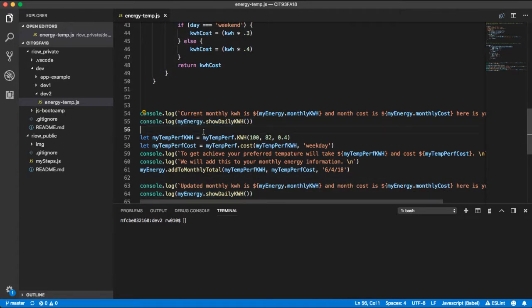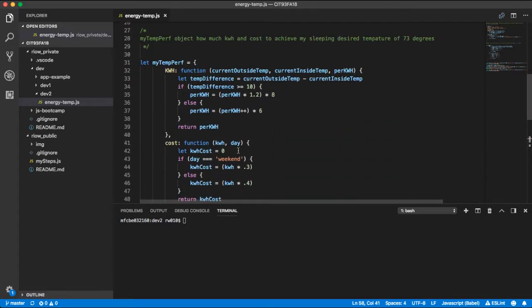So this is where I'm iterating over. And then I set up my temperature preference kilowatt based on the temperature outside, temperature inside, and a factor, a kilowatt factor. And then I determine a cost based on passing. And again, this is no different than what I did last time, except I changed the names to make them a little simpler. So once I got that kilowatt cost, then I passed it to this method called my temperature